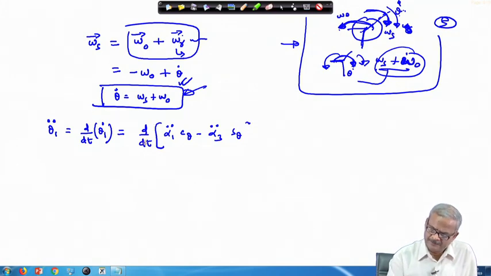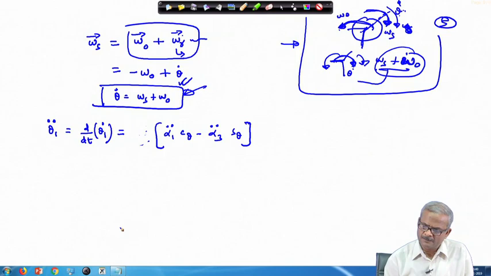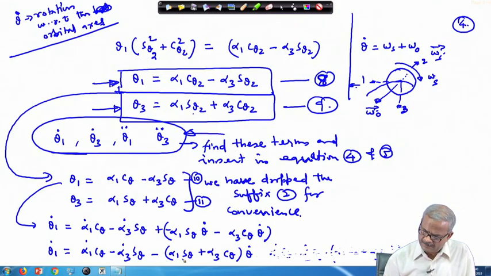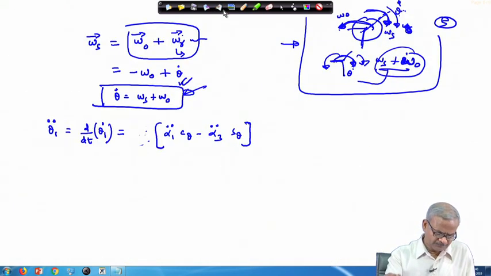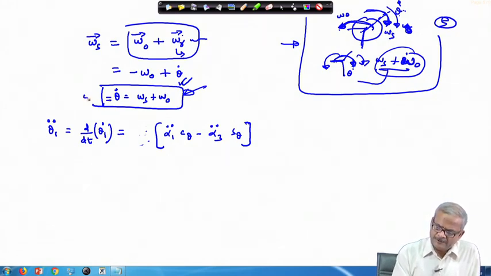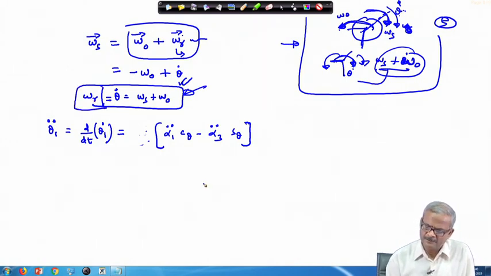So, directly we are differentiating the first term. So, we remove this part here. And then the other part, this particular part we have to take the derivative, and also c theta and s theta need to be differentiated. So, theta dot we can write this as omega r, this quantity we can write as omega r. So, that we may be comfortable with writing.